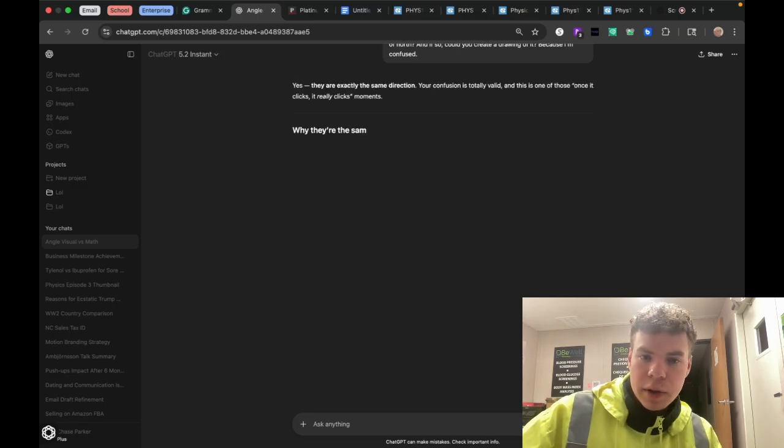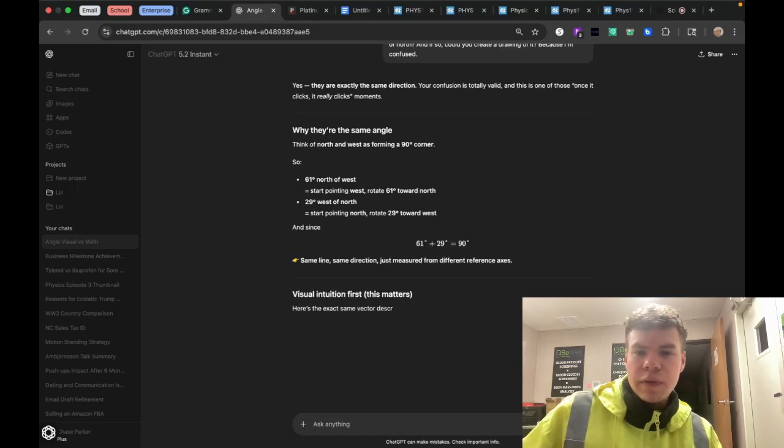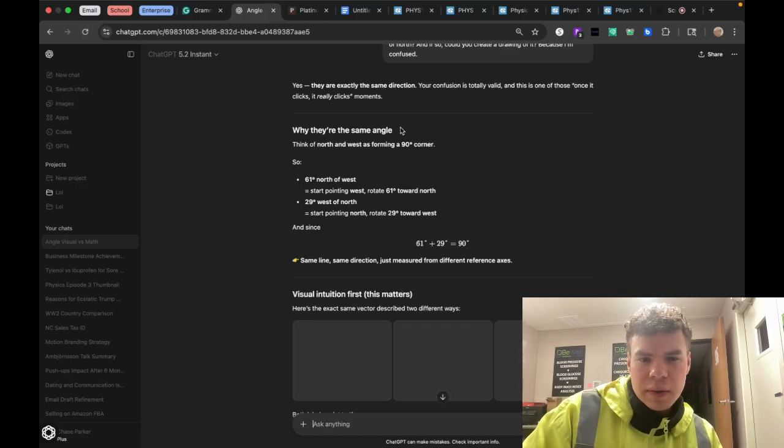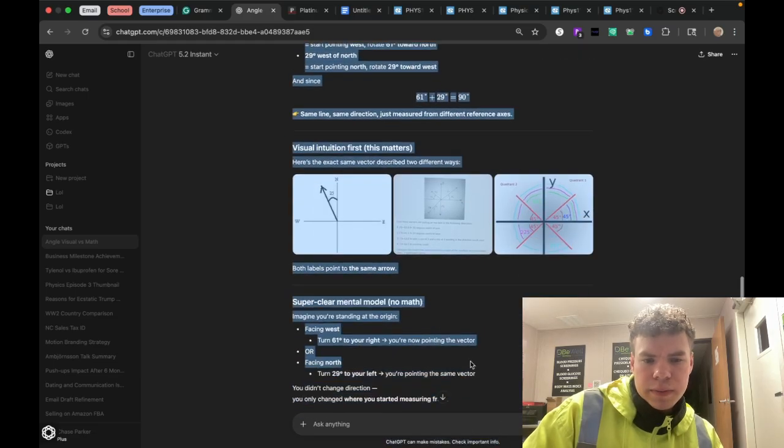ChatGPT image feature comes in clutch, bro. Yes, they're exactly the same direction. Your confusion is totally valid. Think of north and west as forming a 90-degree corner. All right, so